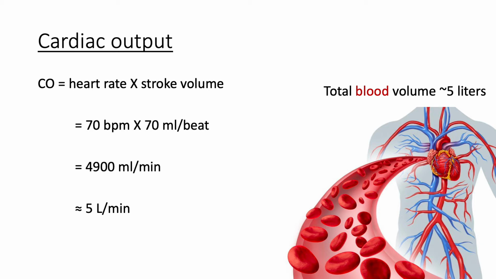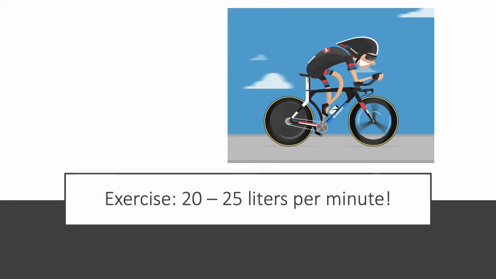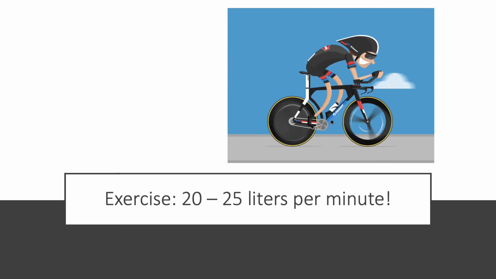So we said that on average, under resting conditions, cardiac output is around 5 liters per minute. But what if we increase our physical activity? What happens then? Well, you guessed it, cardiac output is going to increase as well. And in fact, with an increase in physical activity, we can see cardiac output reach levels such as 20 to